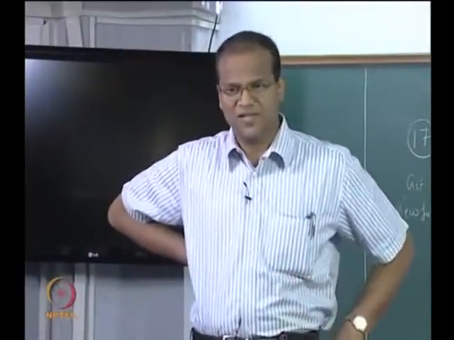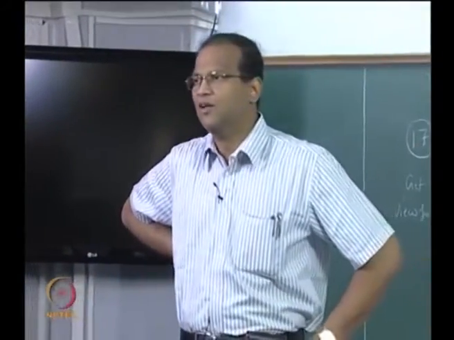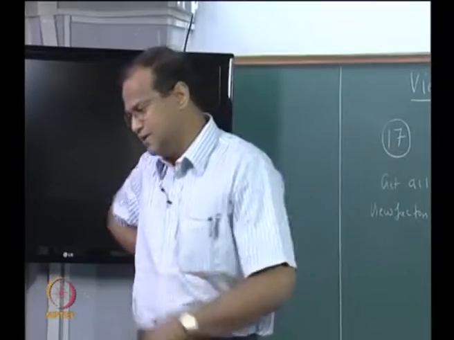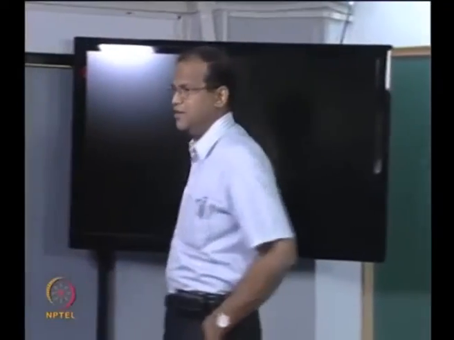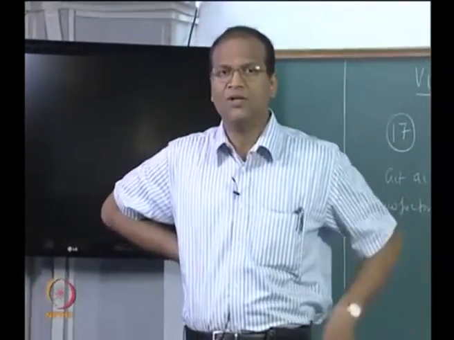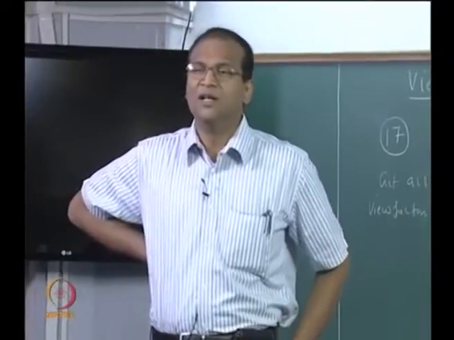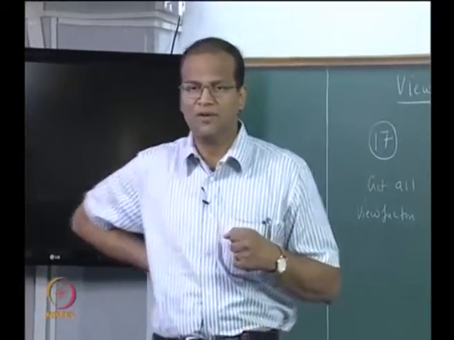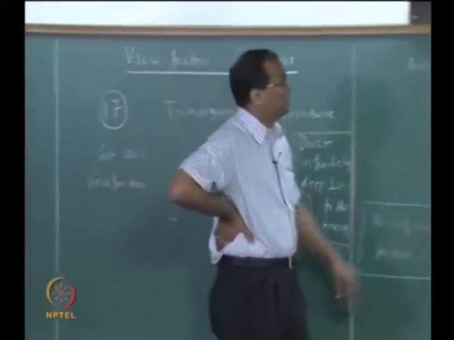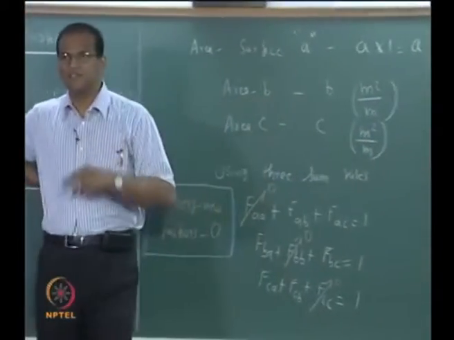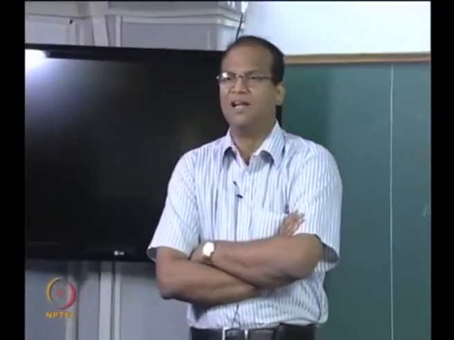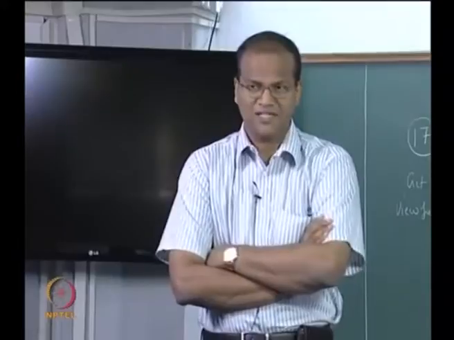Maybe at this point I did not emphasize in the previous class, so a lot of people had doubt whether it is having a finite depth in the direction perpendicular to the plane of the board. So it is implicit that we are looking at a 2-dimensional geometry. So we are not worried about the depth direction. The depth direction is much longer compared to the other dimensions. It is okay for you to assume unit depth. Therefore the area of this surface we can say it as b into 1. Okay, so that is why I put it as b meter square per meter depth. That is the way people will say, right. Surface area of a pipe is also said as so many meter square per meter length of the pipe. So that it is consistent.